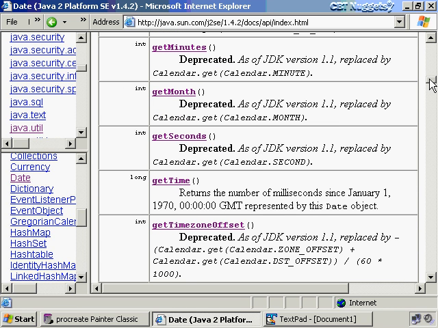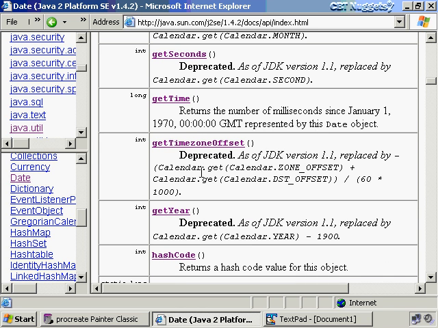The Calendar class, as you'll see, has been used by Java as the replacement in a lot of ways for the Date. That's why you see everything is kind of deprecated and then replaced. But what I want to do is jump in and do a quick example of utilizing the Date method. Now before we do that, I want to jump right into java.util